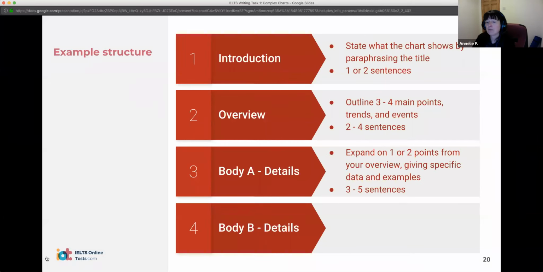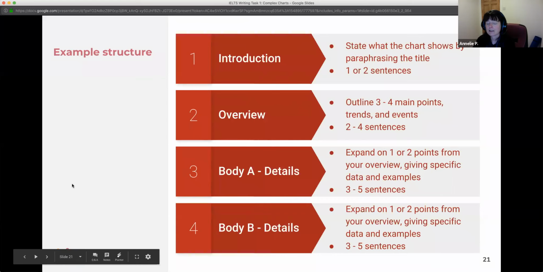Then we have the body. So the body, that's where you're going to put all of the details. That's where you're going to put all of the exact figures that you're going to use, the exact examples. And of course, this is going to be the main part of your answers. That's right, Roberto. We're going to look at the overview in more detail in a moment. Okay. All right, so keep the figures for the body, don't include the figures in the overview. Okay,